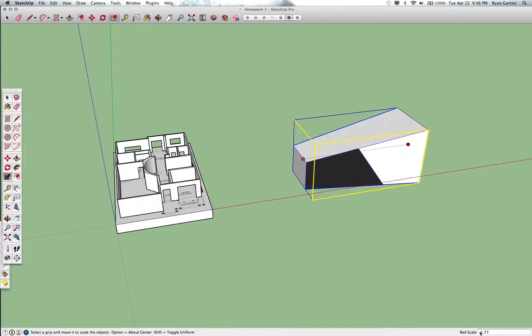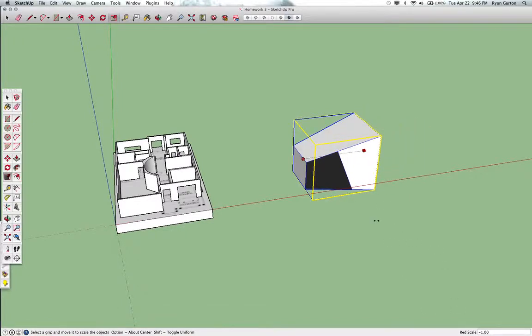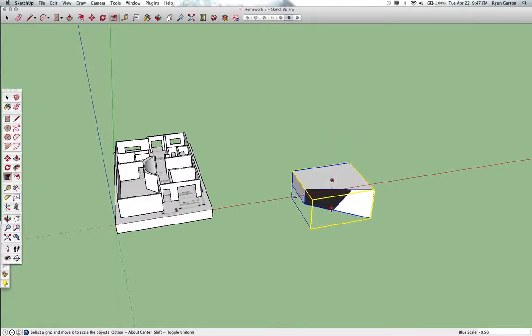And you can see at the bottom that it's telling me that I'm on the red axis and how far I go. If I go minus 1.00, that's perfectly the same size as it was before. So I can mirror it next to where it was, and I can do the same thing if I go from top to bottom. It's just going to reverse, and it's going to maintain the same exact proportions as long as I get to negative